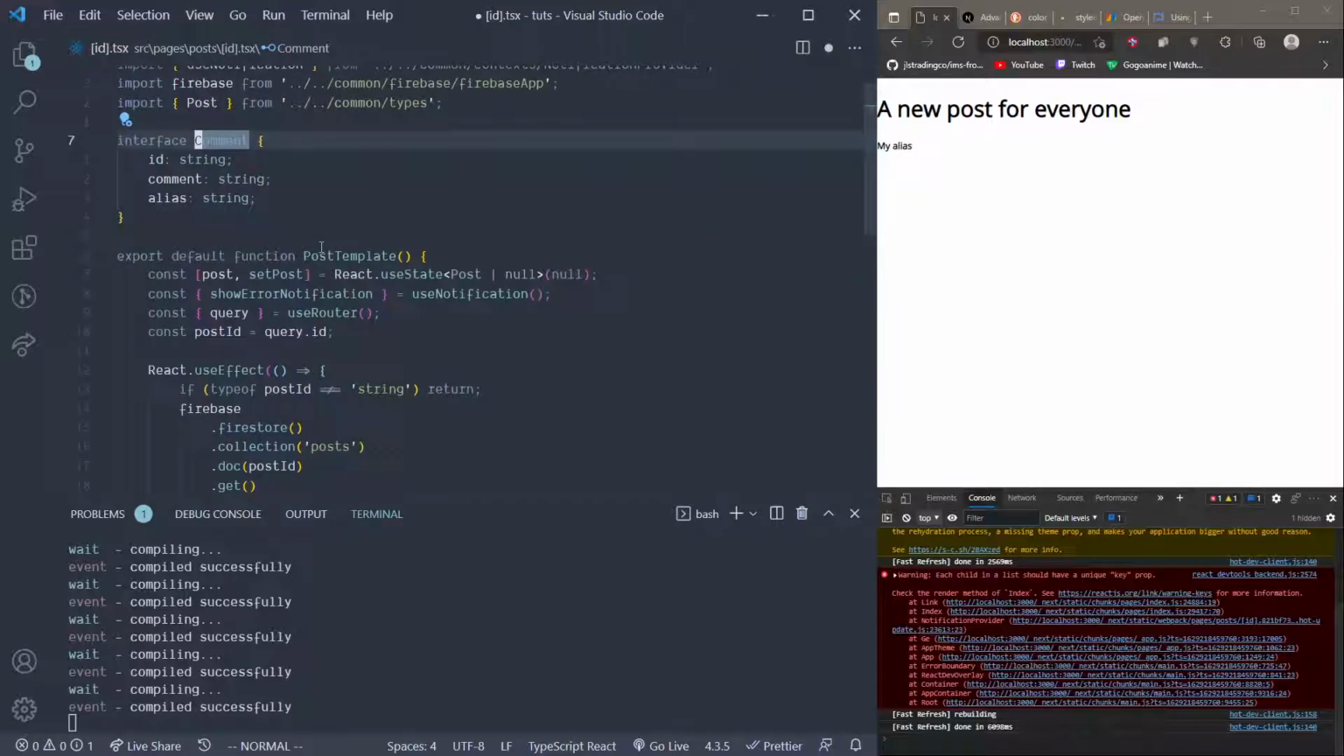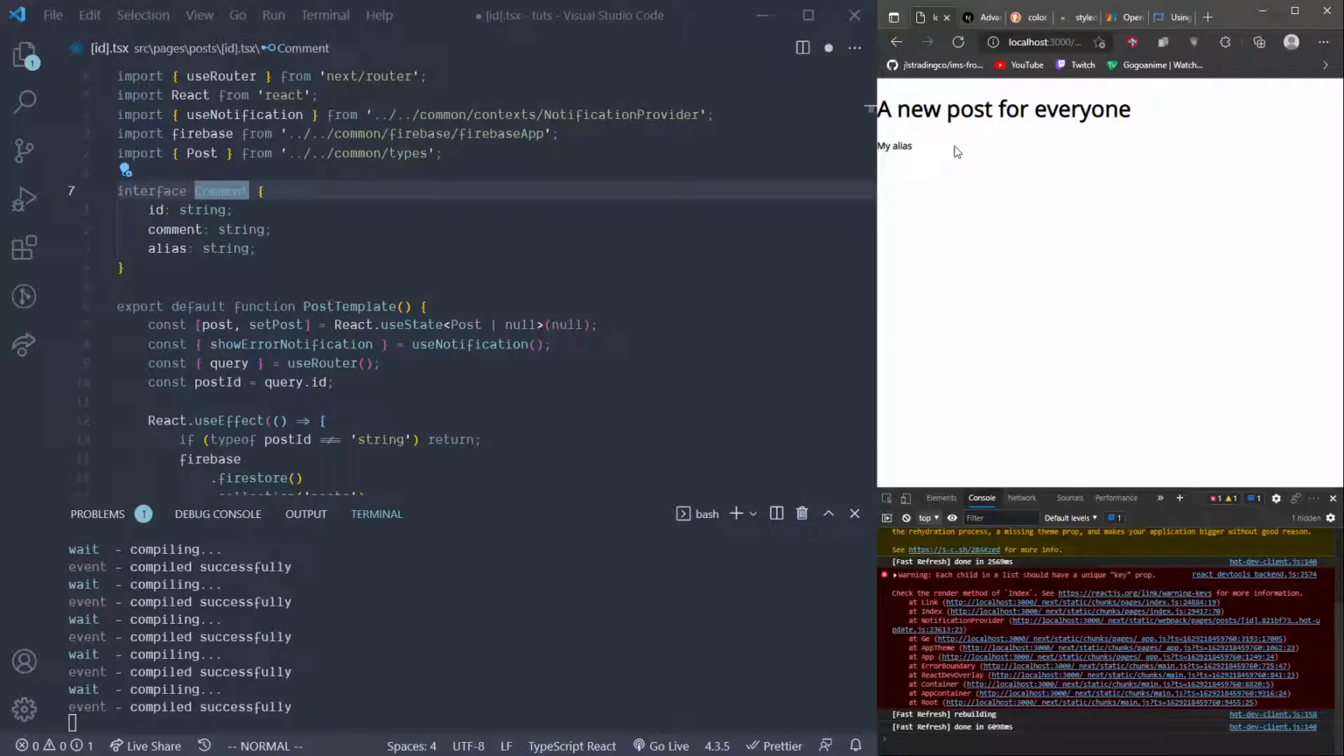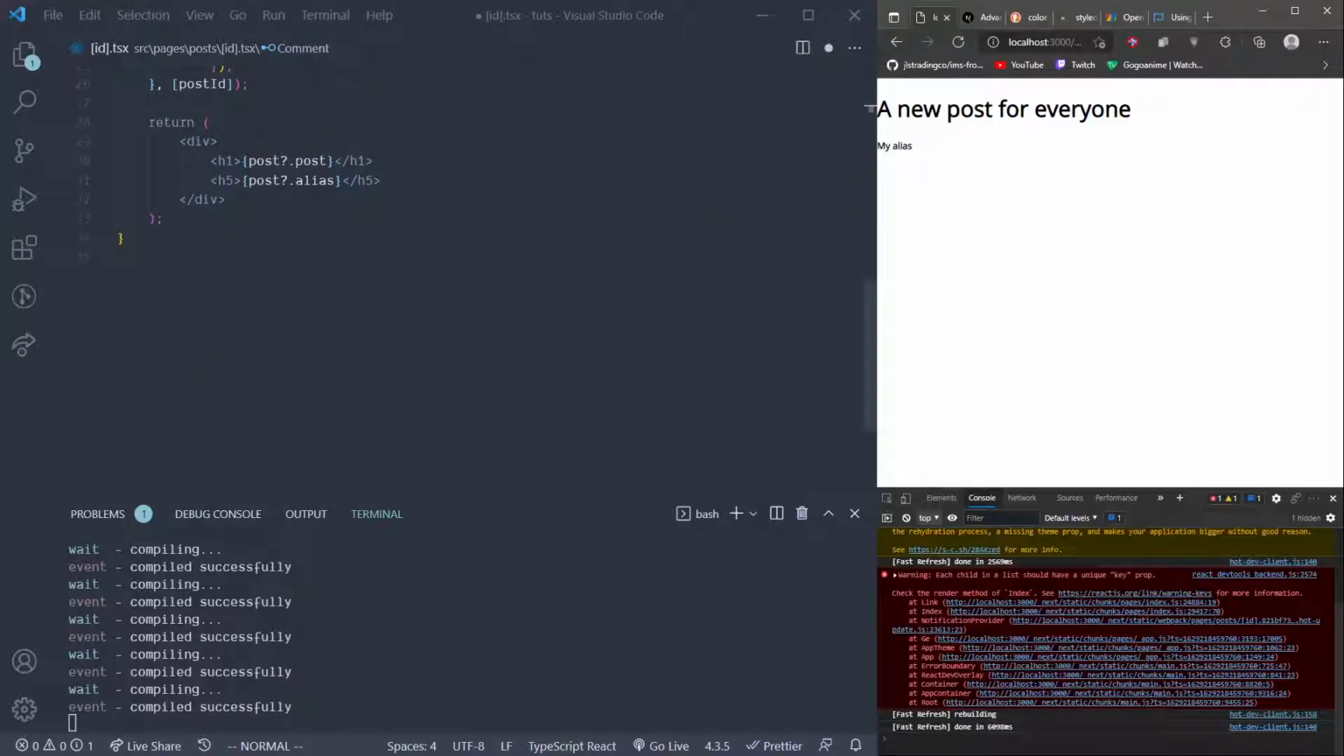So maybe after designing this page a little bit better, in the next video, in the next live stream, we'll make the application public for everyone to access, and we'll see how the app works. All right, so now let's